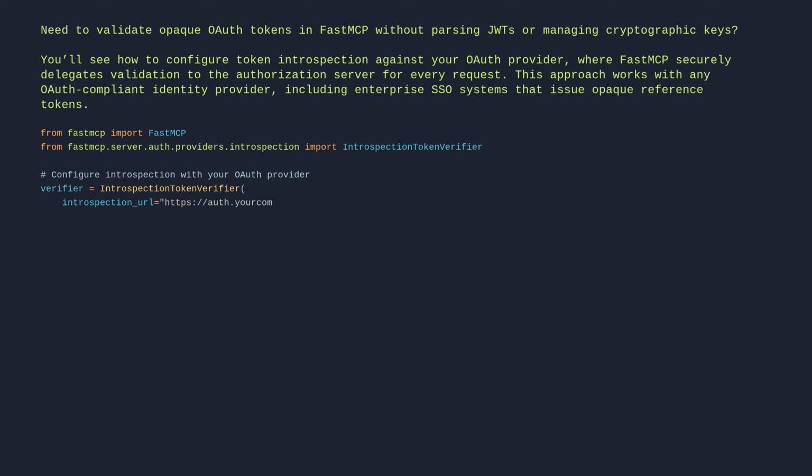"https://auth.yourcompany.com/oauth/introspect", client_id = "mcp-resource-server", client_secret = "your-client-secret", required_scopes = ["api:read", "api:write"]